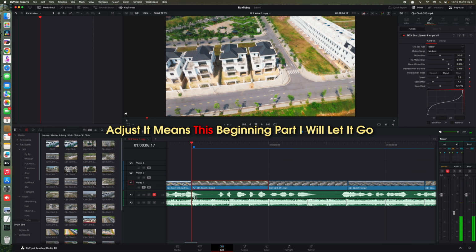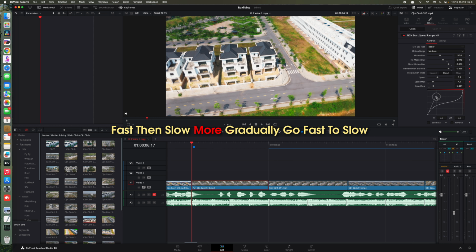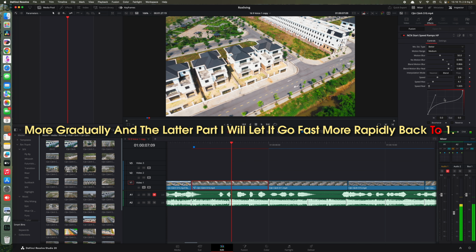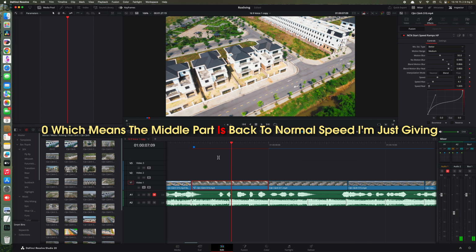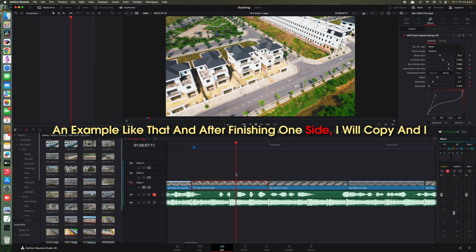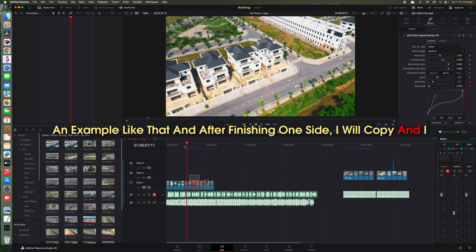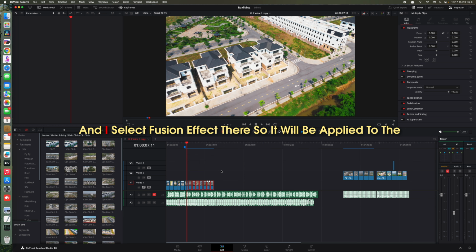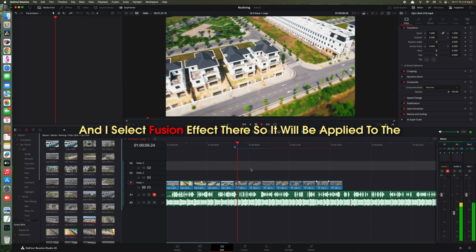Adjust it means this beginning part I will let it go fast, then slow, more gradually go fast to slow, more gradually, and the latter part I will let it go fast more rapidly back to 1-0, which means the middle part is back to normal speed. I'm just giving an example like that, and after finishing one side, I will copy and now I can choose the remaining sides. I paste it by pressing Option plus V there, and I select Fusion Effect there so it will be applied to the